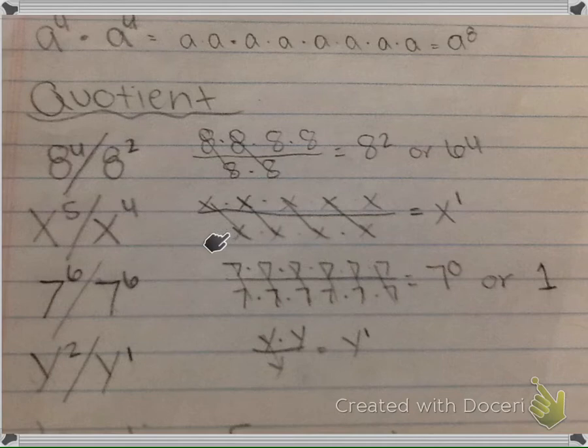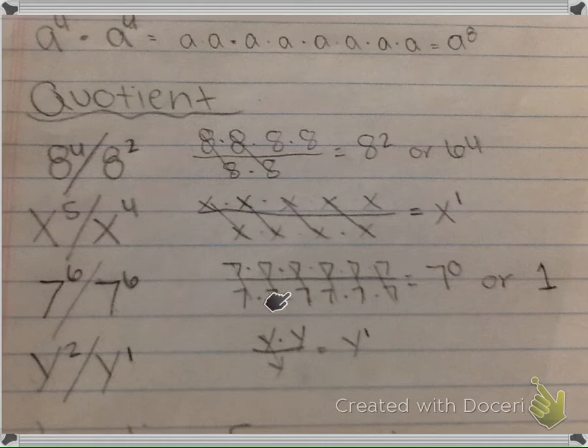Then in expanded form for number 2, it looks like this. 5x is on top, 4x is on the bottom. And when you cancel them out, it comes out to be x to the 1st power, which you can't do in standard form. Then for the third problem, it is